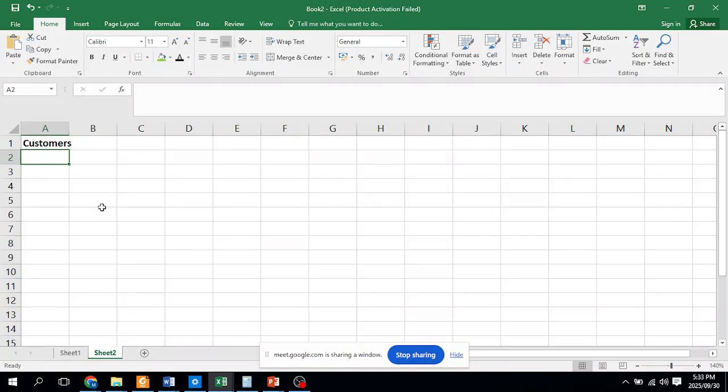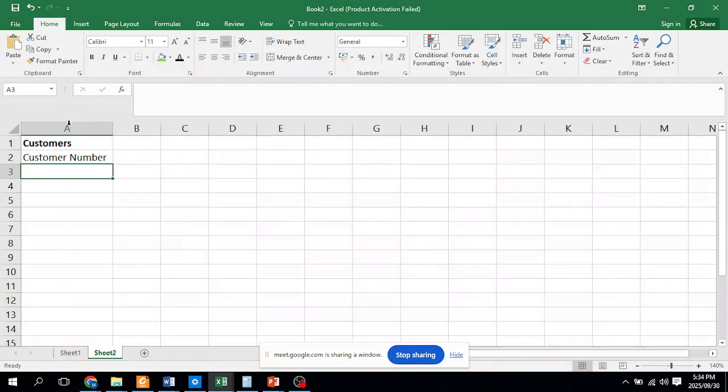Okay, now here is, it's not a secret, but it's something you should remember. If you were given the column headings, in other words, the fields, now this is the field, customer number. So if you were given the customer number, this is your field name, and here you are given last name, this is also a field name, and first name.